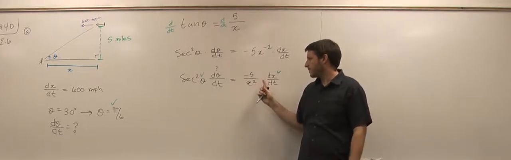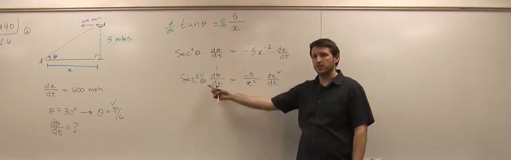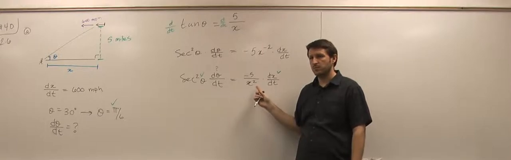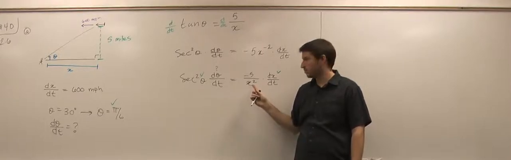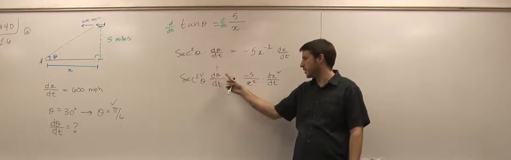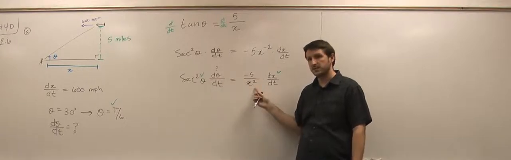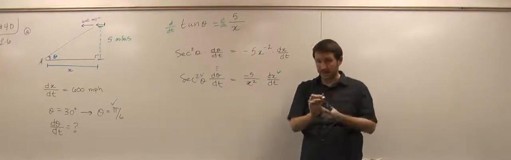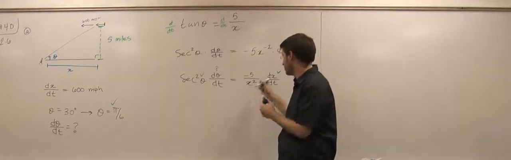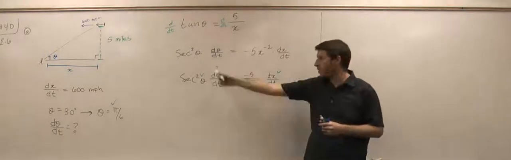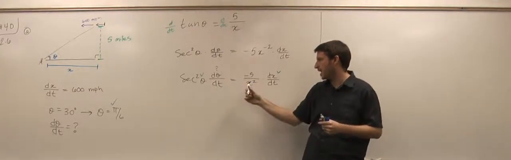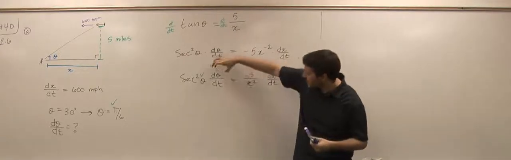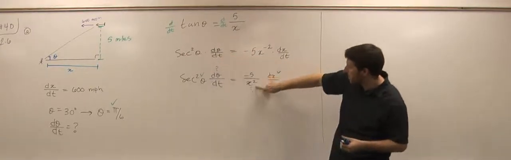But we have two unknowns right now in this equation: d theta/dt and x. We'll replace pi over 6 on secant. Yeah, but what I'm saying is we still have two unknowns, d theta/dt and x. So I need to solve for one of them somewhere else. I don't know this right now. So I don't want to work with this equation until I only have one unknown. So I want to get this as my only unknown, so I'm going to come back and solve for x